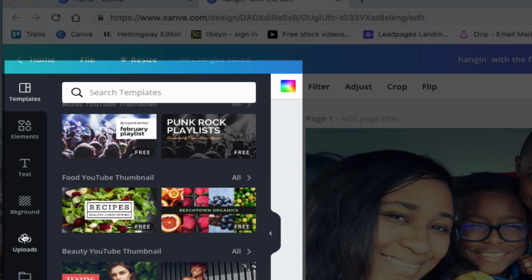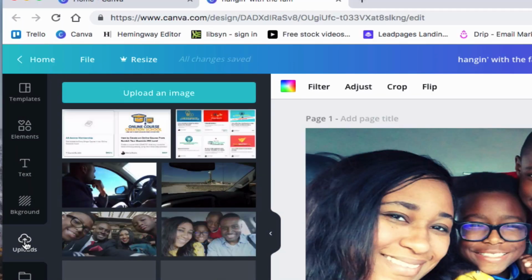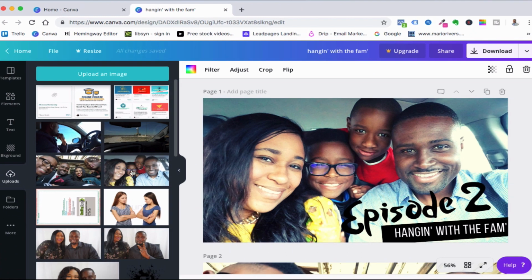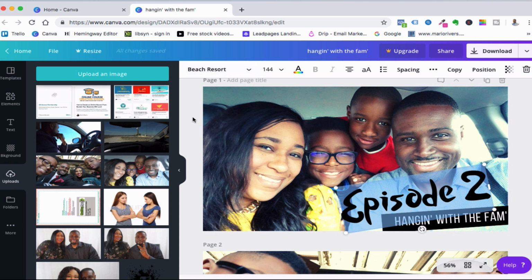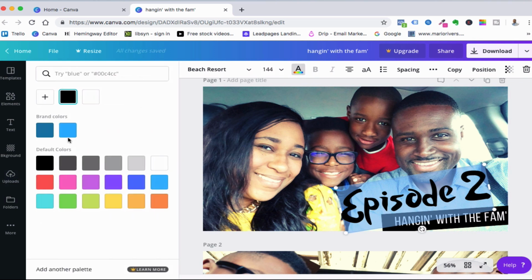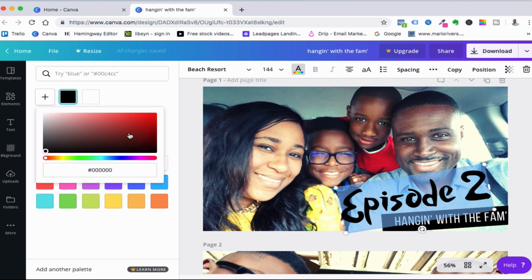So I go to uploads over here, and you see I have the pictures here for my family. I just click it over, slide it over. When you get to the design, you just click what you want. You can double click it. I can type what I want in. I can change the font here. I can change the size here. I can change the color of the font here. And you can even select your own color by clicking this plus,